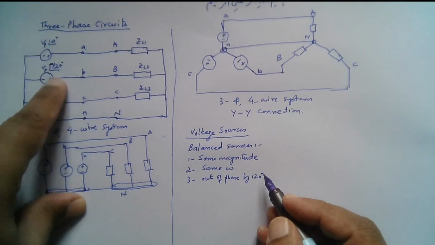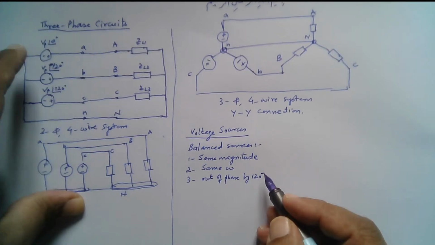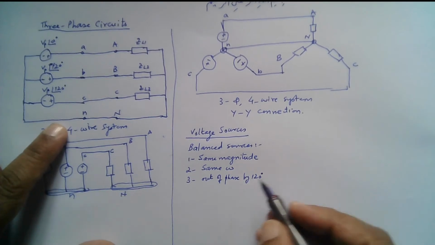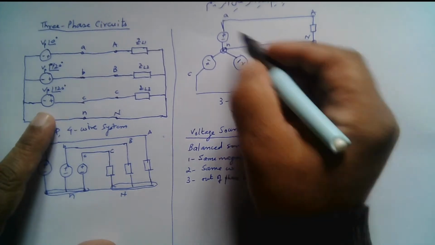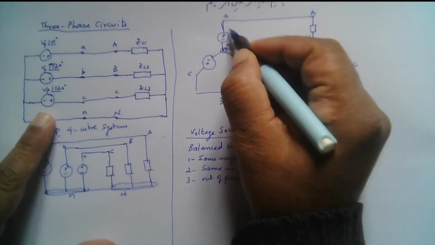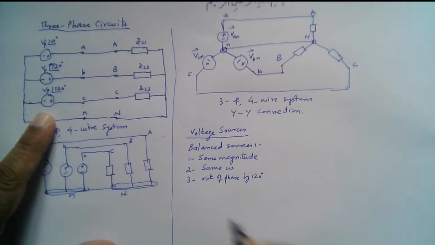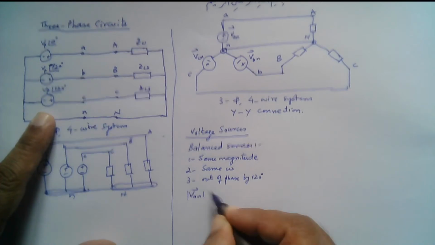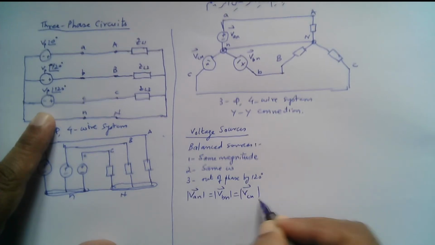This is then minus 120 degrees. It means that VP angle 0 leads this voltage by 120 degrees, and this in turn leads this by 120 degrees. This is VP angle minus 240 or VP angle 120 degrees, which is one and the same thing. So in other words, we can say that for example, this source is VAN, this source is VBN, and this source is VCN, right? So when they are balanced, their magnitudes are the same. VAN is equal to VBN is equal to VCN. So their magnitudes are the same,